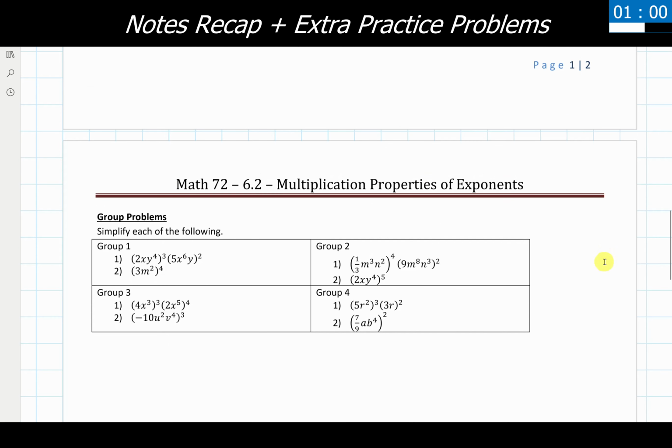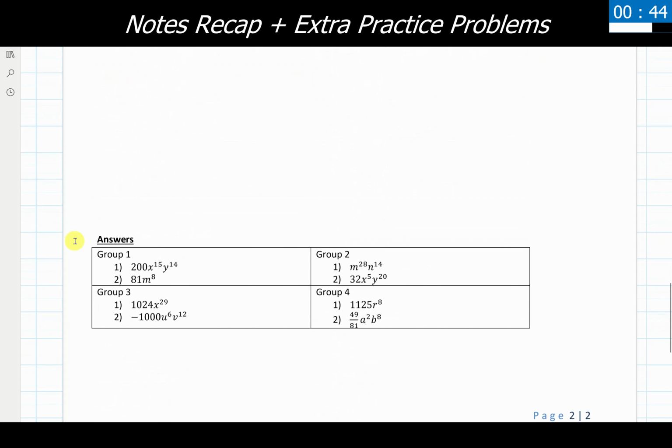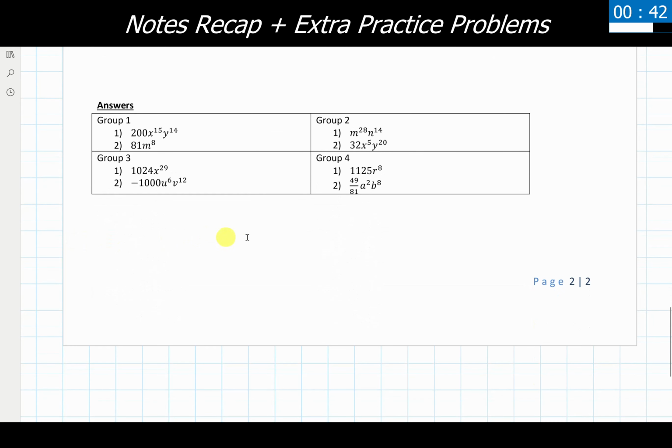Make sure you're taking it slow and steady and following PEMDAS, our order of operations. Whenever we see the word simplify, we should always think right to our order of operations. PEMDAS is our go-to for that. So after you've hopefully tried these, we'll go ahead and get the answers here. And hopefully you're getting these same answers. If you aren't, make sure you're going back and checking to see what did and didn't go right or wrong.